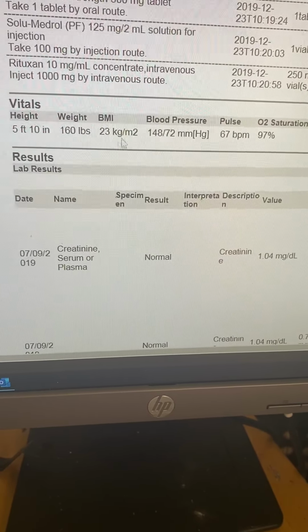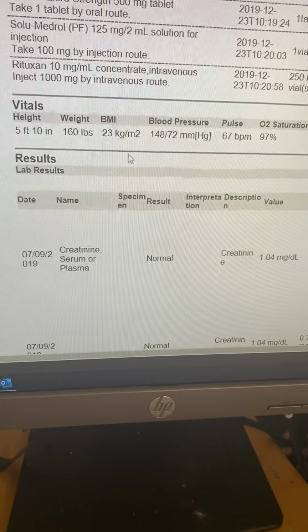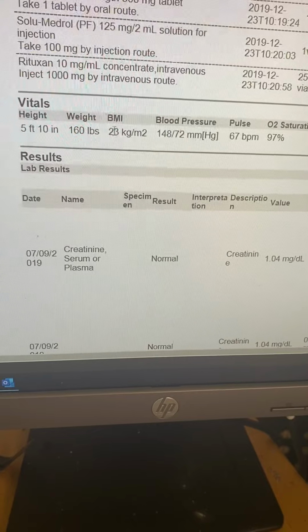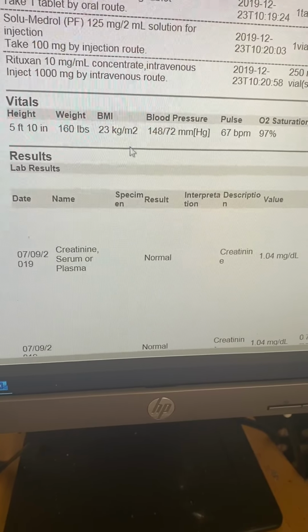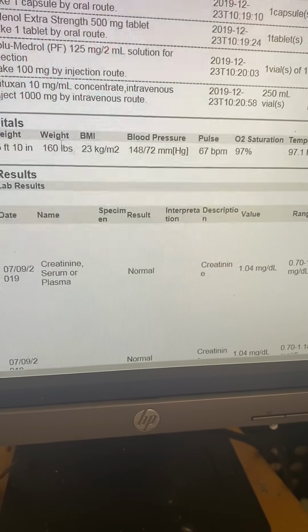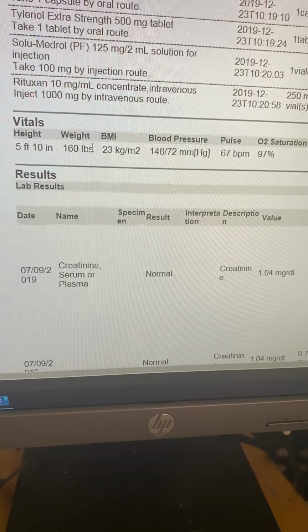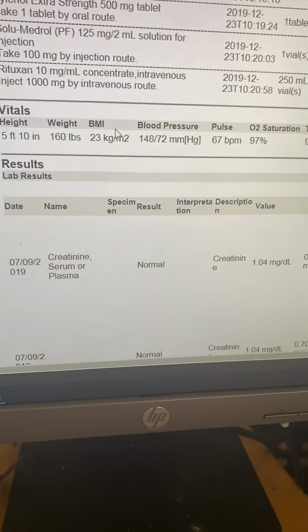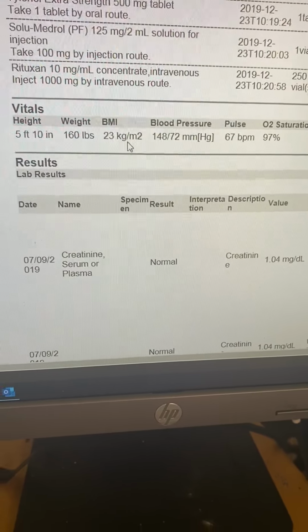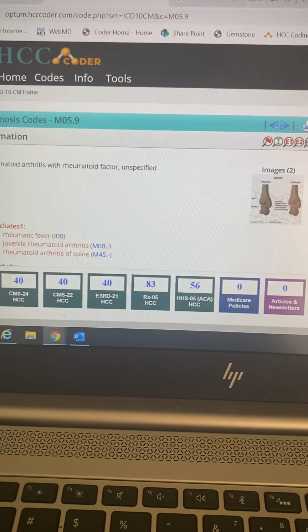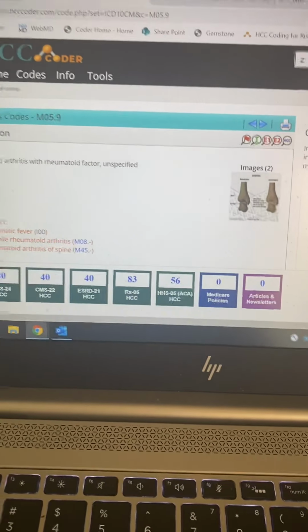Their BMI is 23. If you're working in a regular physician's office, a hospital, whatever you're coding, then you can use the BMI code to code whatever the BMI is. But if you're risk adjustment coding, I do not need to capture this code unless the BMI is 40 or more. So let me show you what I'm talking about, you guys. So you see, this is 23, the BMI. So let me move right here on this screen and let me show you how 23 doesn't risk adjust. You have to wait till you get to BMI of 40 or more for you to count it as a